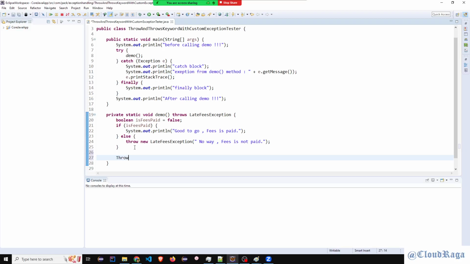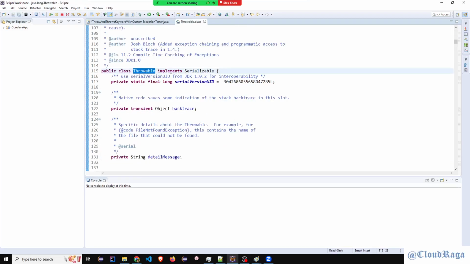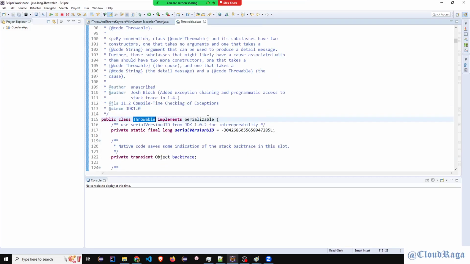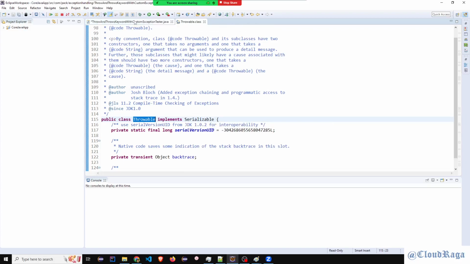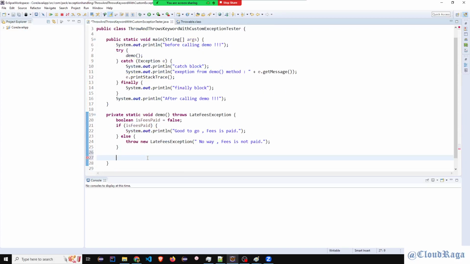Object class is the... Hello. Yes, go ahead. Sir, it is a parent class of all the classes in Java. Right, that's correct. Public Throwable implements something, and here nothing is written in the document. What does that mean then? Explicitly, it's hard or rare to see that your class is actually extending the object class.